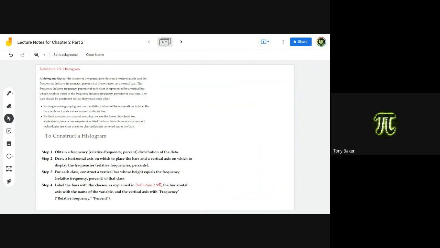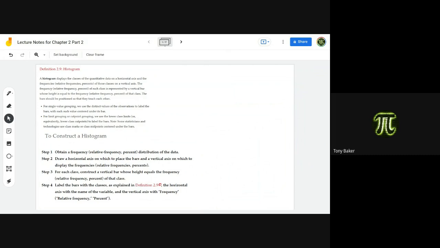Yep, most likely the tests are coming from the evens. The problem is the even ones, the answers aren't in the back of the book, so you can't check your work. Oh, they are. Oh, there you go. So I'm probably gonna pull most of mine from the evens because the answers weren't there. But if you do the odd ones, they parallel pretty well. So like number 5 is probably very similar to number 6 or number 4. So you can look at it that way. But like I said,